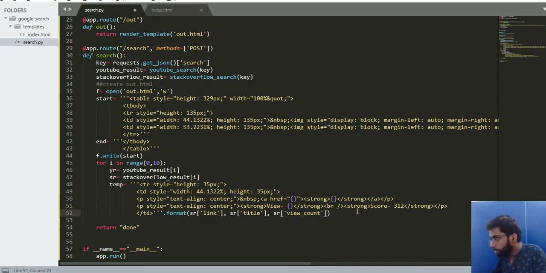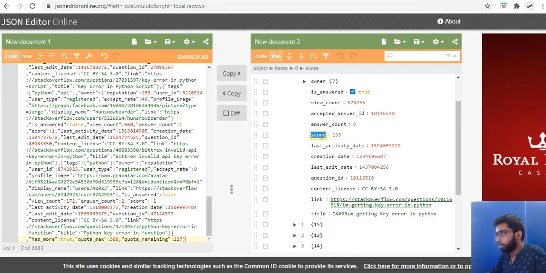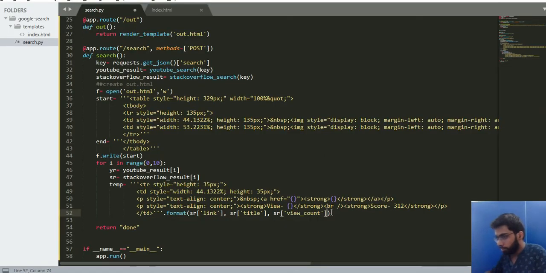All right, and the score is coming as score, so I will have sr score. All right, this is okay. So I have basically made 4 changes. This will be formatted in my string. Now this is what I want.